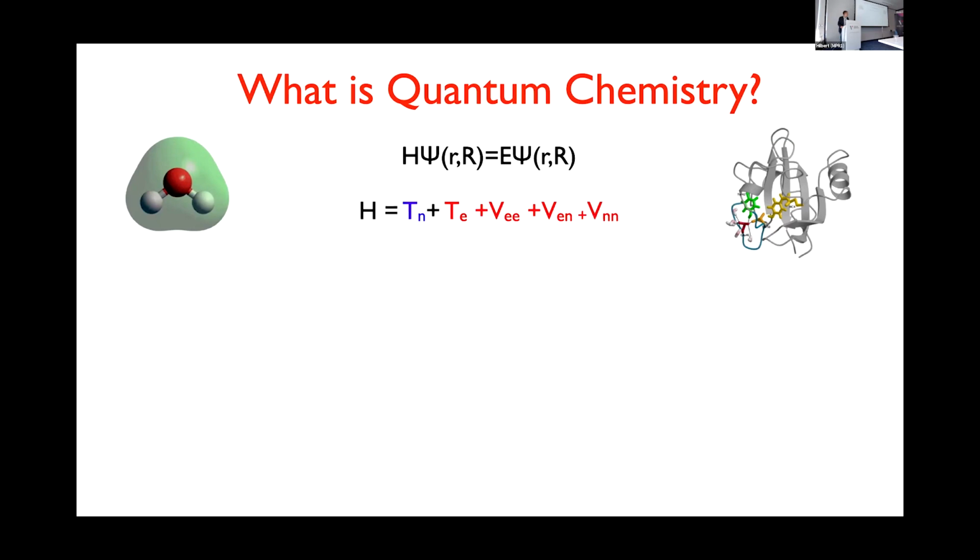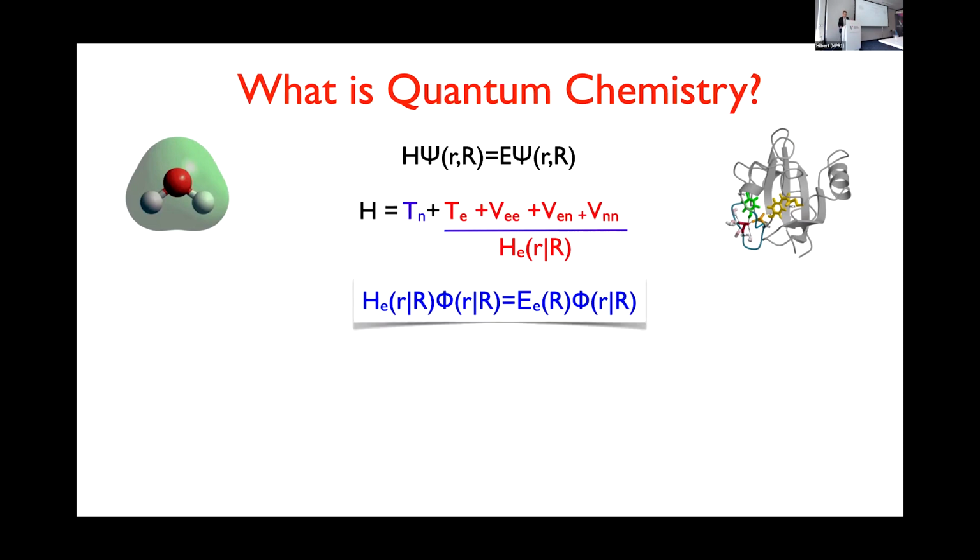Born and Oppenheimer figured out that it's good to separate electrons and group the electronic kinetic energy and the potential energies of electrons and nuclei into a separate entity, the electronic Hamiltonian. There we can freeze the nuclei as parameters and formulate a different eigenvalue problem where we have a parametric dependence on the nuclei, so they're frozen. Even though this is now a part of the problem that we can solve more easily, because now we have only electronic variables,